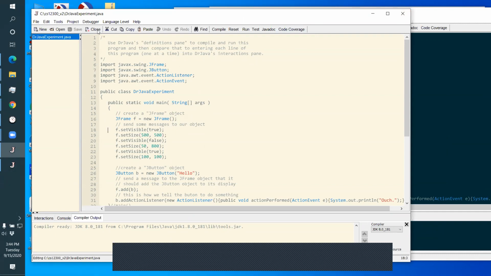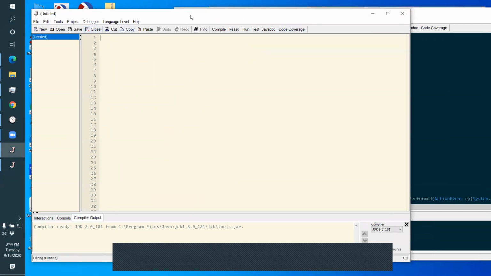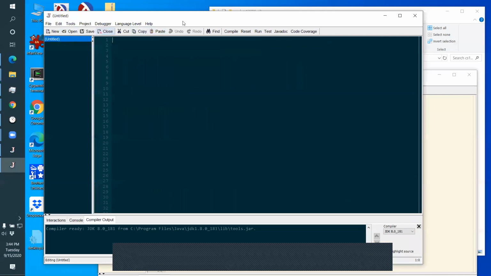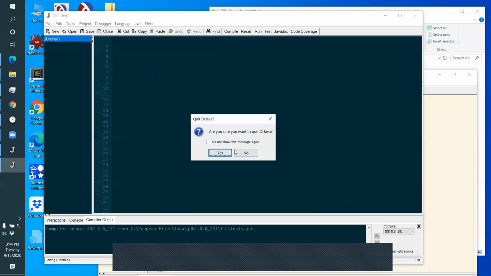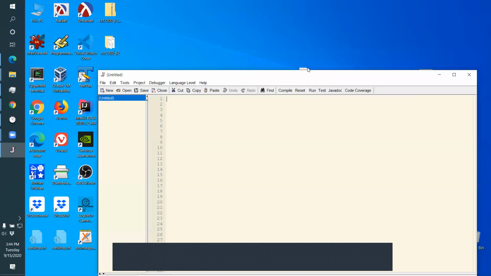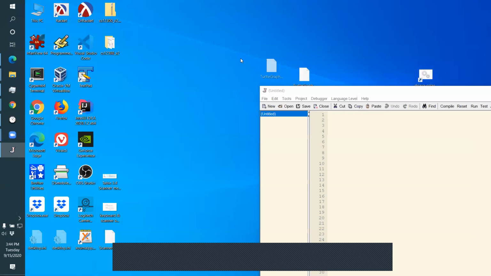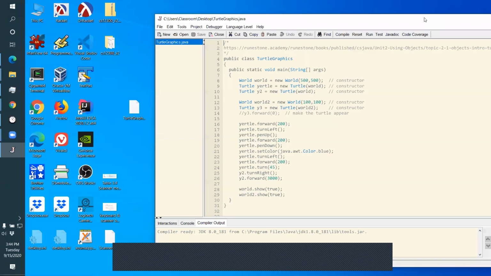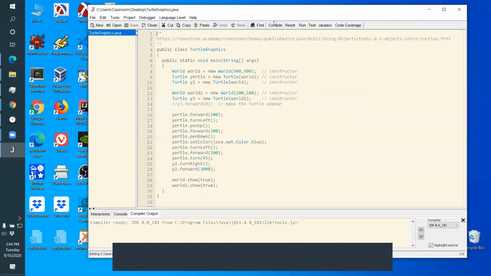Okay, now I also made it so that in this version of Dr. Java, you can now take the turtle code and run it in Dr. Java. So now the turtle code